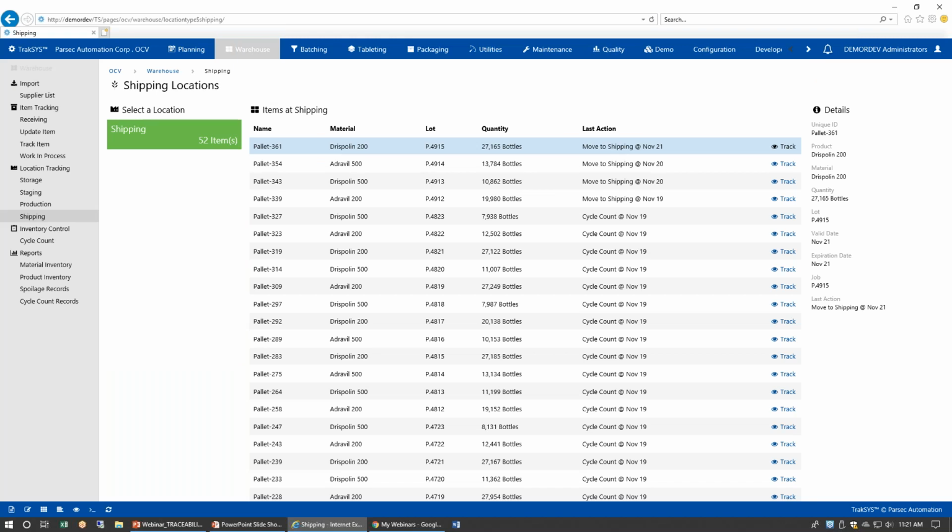And so, again, you've got some options here. TrakSYS is very good at coordinating with ERP and warehouse management systems. So these can simply be windows into inventory systems that are storing this information. TrakSYS could be used as an inventory system in some cases. And then you've got the other case, which sort of sits in between, and that is that in a lot of production environments, there is sort of a blind spot in the ERP WMS systems, and that is that once